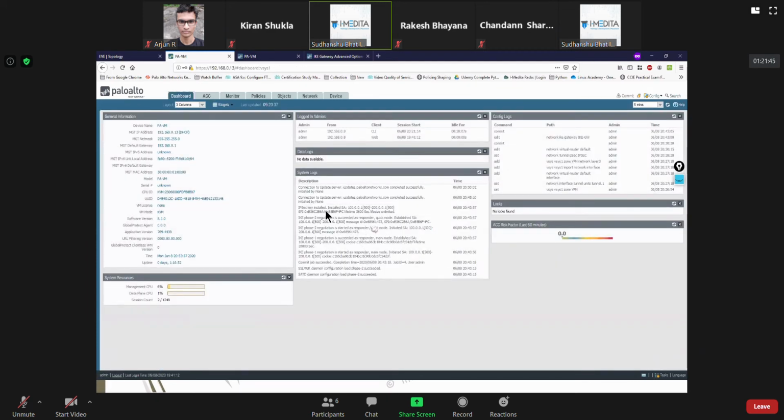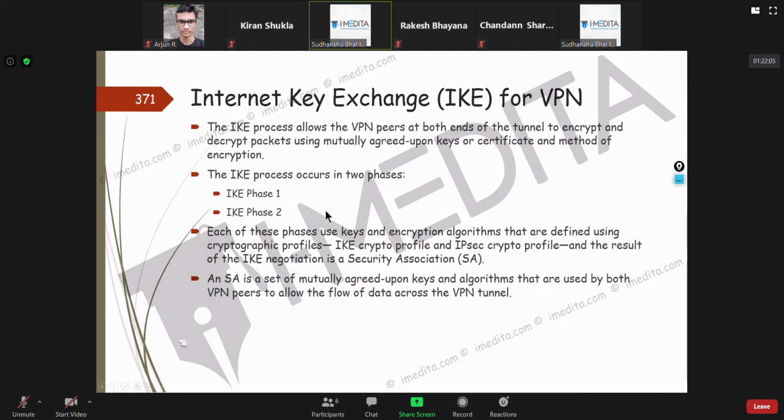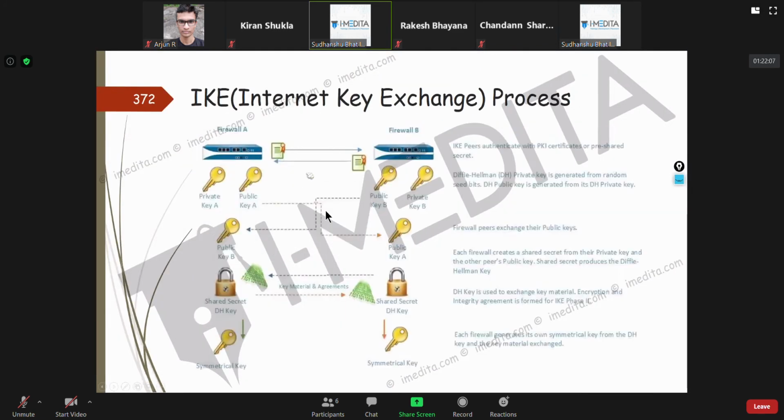You saw that they exchange these keys. Yeah, here it is: installed key, security size. So now the IKE process.